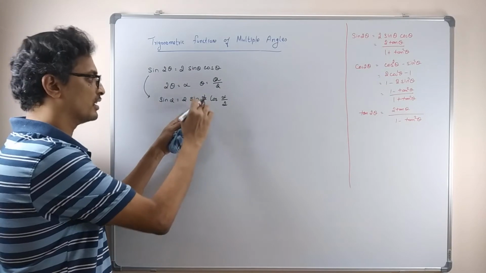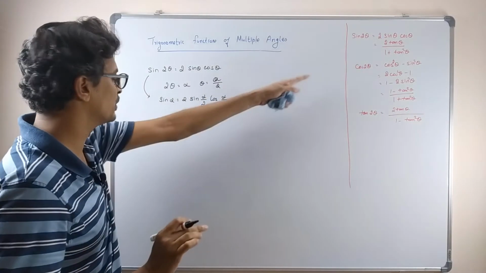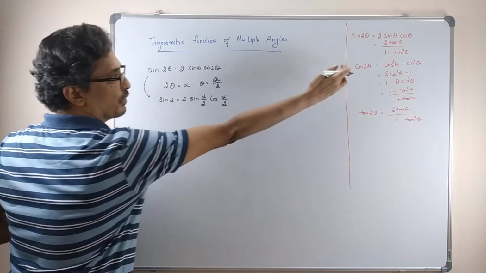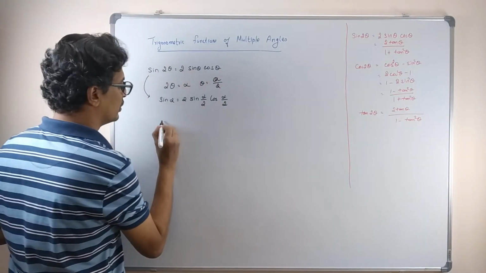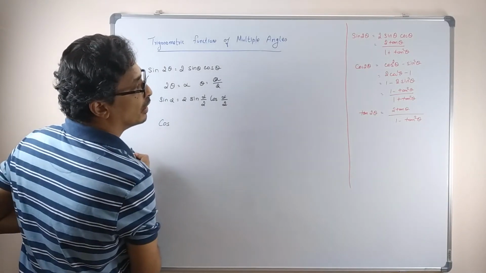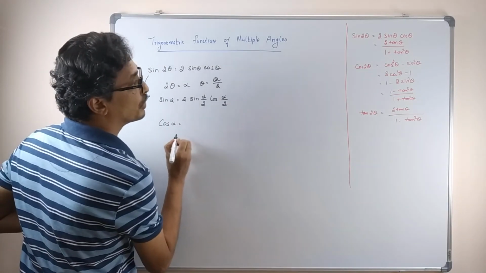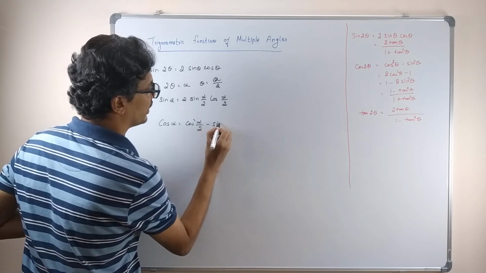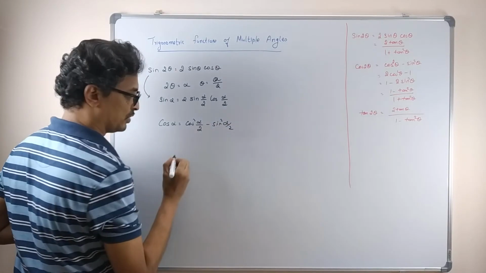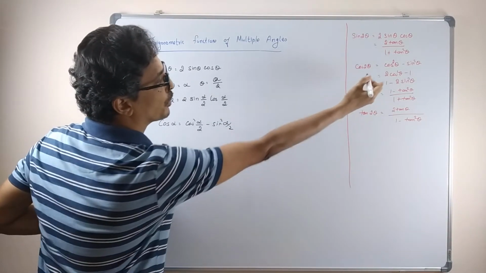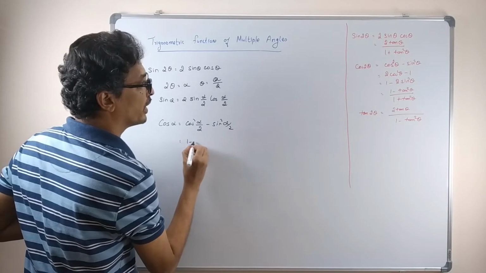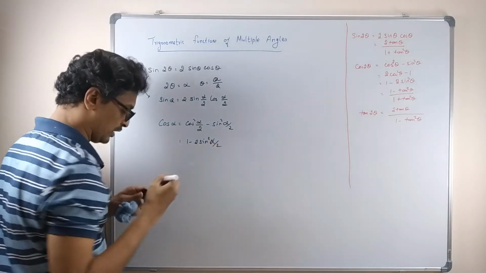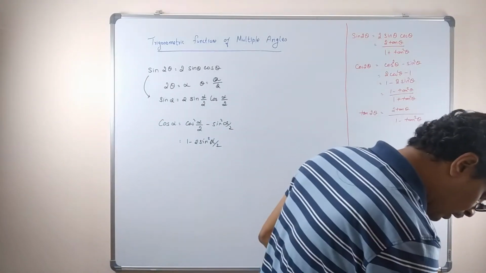Now it has sin alpha by 2 and cos alpha by 2, but this thing we can get from cos also. Similarly, for cos 2 theta, when I apply it in this equation, we are going to have cos alpha equal to cos square alpha by 2 minus sin square alpha by 2. Or in other terms, you can always write this as 1 minus 2 sin square alpha by 2. So in this way you can get all the formulas for the half angle.